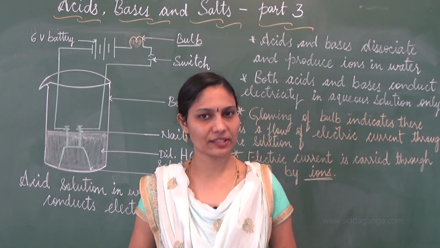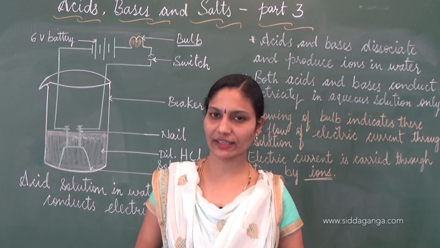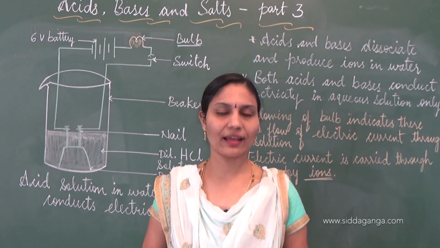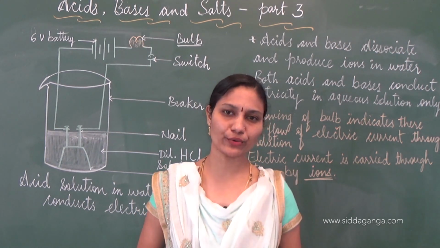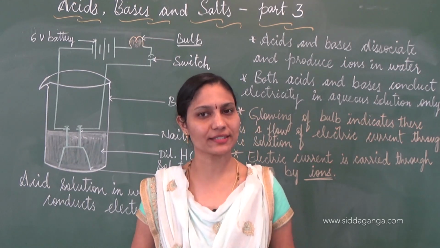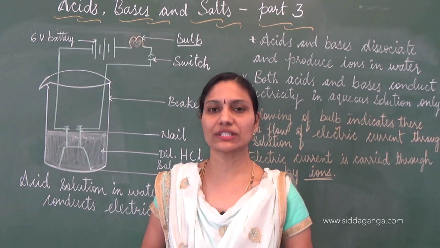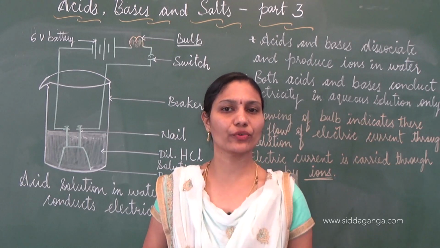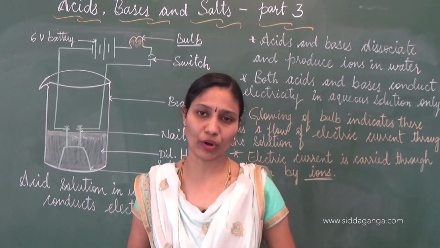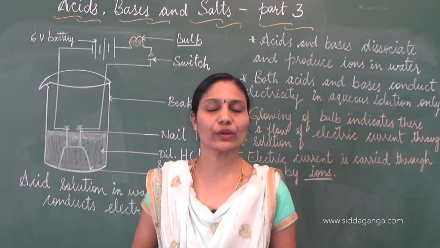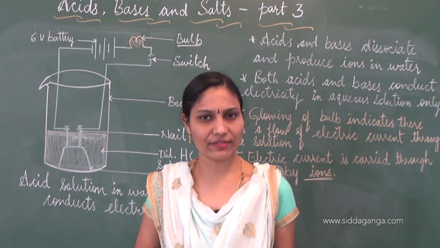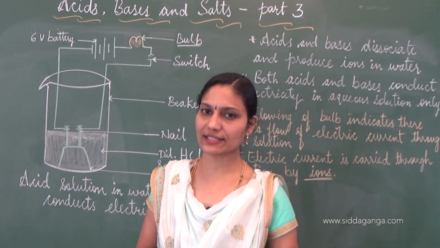In the last class, with activity 2.3, we understood that acids produce hydrogen upon reacting with metals. That is, it was observed that hydrogen was found to be common in all acids. We can also say all acids have some similar chemical properties.